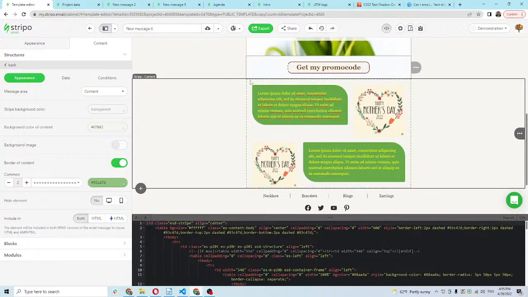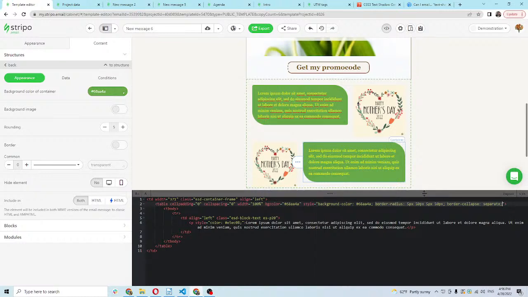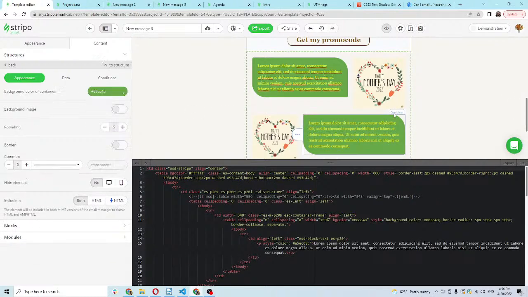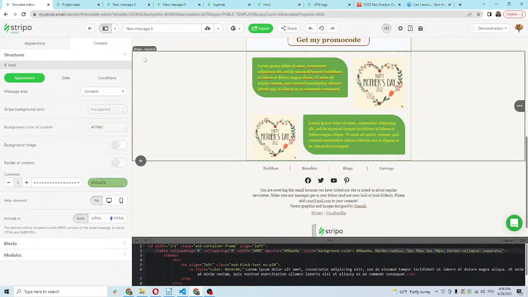So, and now our task is to round each corner. For this, proceed please to the container that we have already created. Find our border radius style, hover it, and copy it together with the border collapse. So guys, find the container that we have already changed. By clicking on this container, our black code editor will show you all the code of this container. And here we can see the styles, and we need just border radius together with border collapse separate. Copy it, come back to our stripe content,